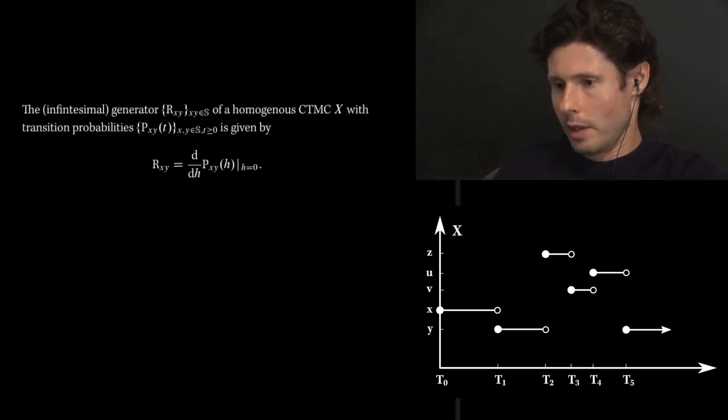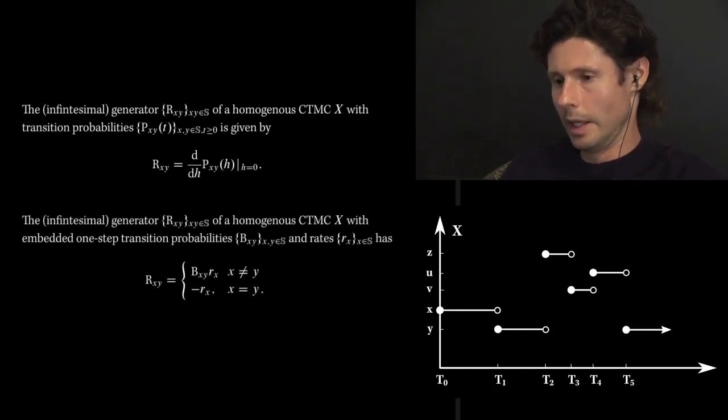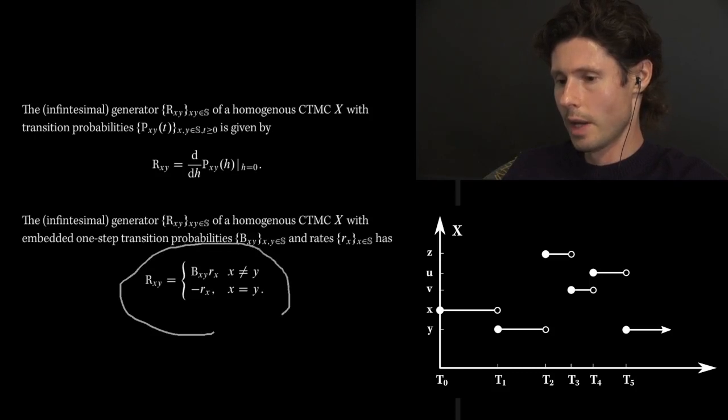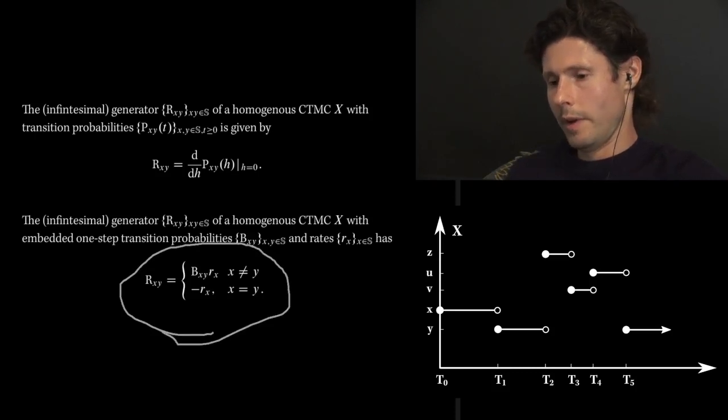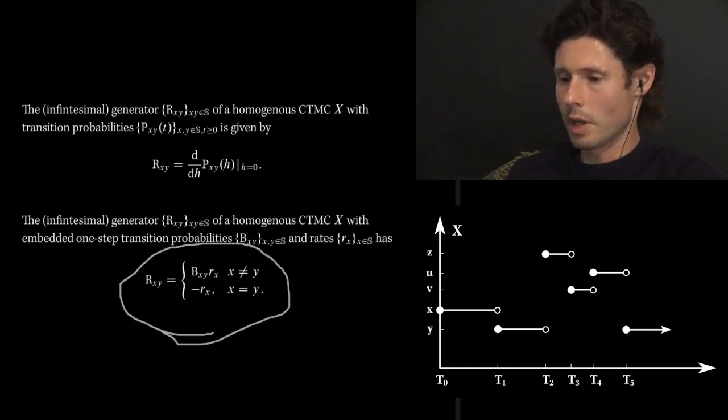So what's the final tally? We've started with this definition for the generator. This generator can be used to completely describe any homogeneous continuous time Markov chain X. And what we're now seeing is that there's a much simpler definition in terms of the embedded chain and the rates for each state, and it's this one right here. So the final thing here is that the generator, once again, something that describes a homogeneous continuous time Markov chain,